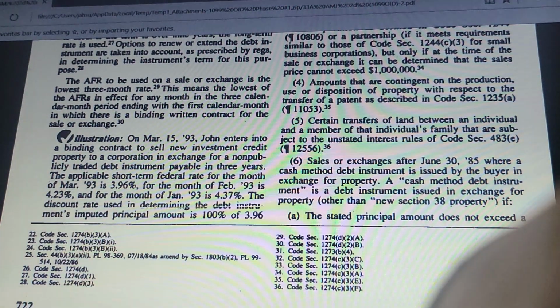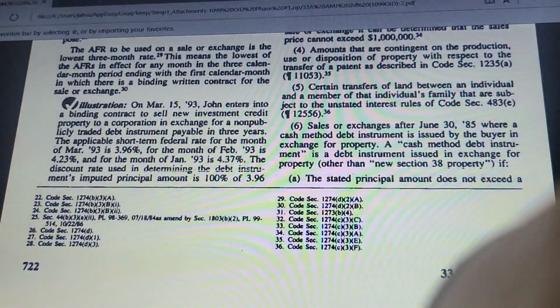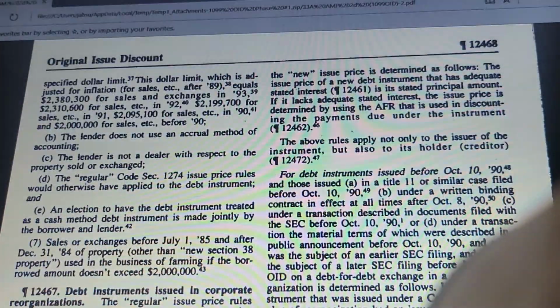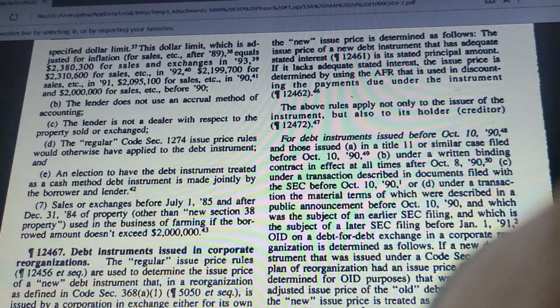A cash method debt instrument is a debt instrument issued in exchange for property other than Section 38 property if A, the stated principal amount does not exceed a specified dollar limit. This dollar limit, which is adjusted for inflation (for sales, etc., after 1989), equals $2 million